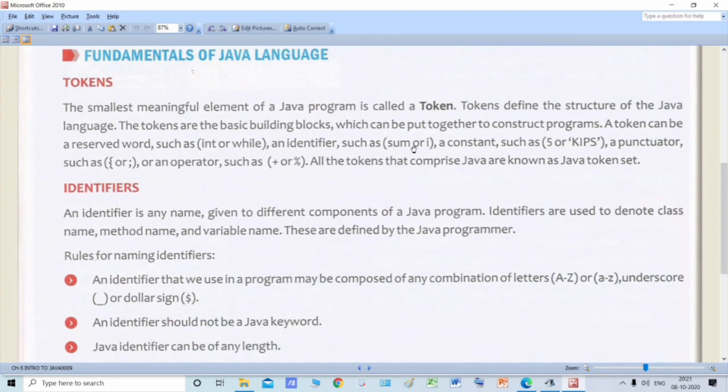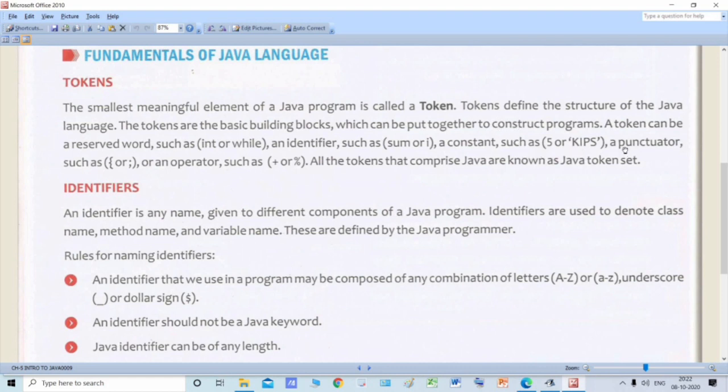Then this sum or i can be the name of a variable or a constant. You will be studying what variables and constants are in the upcoming lectures. Basically, a constant is something whose value does not change. It can also be a variable.